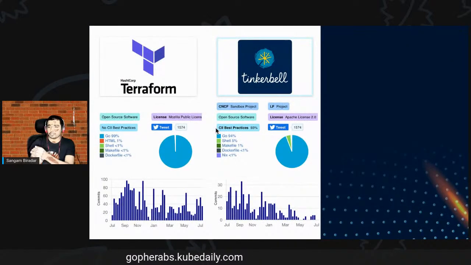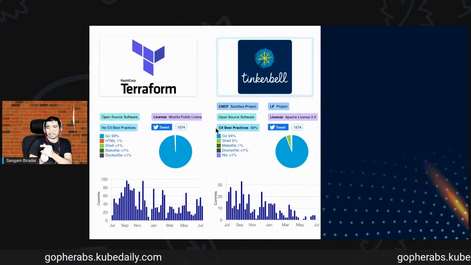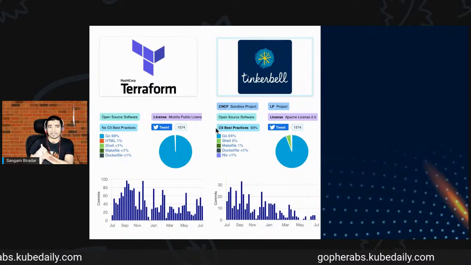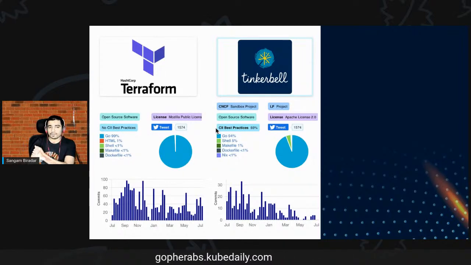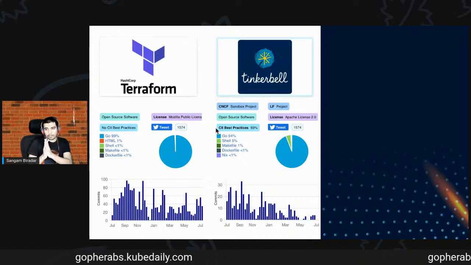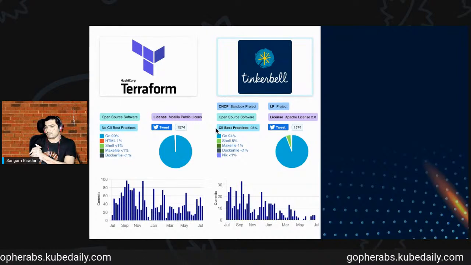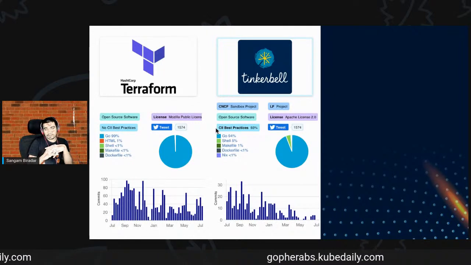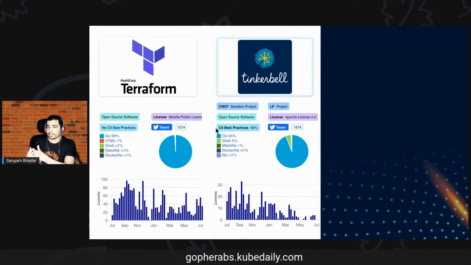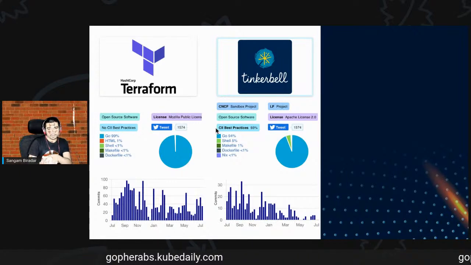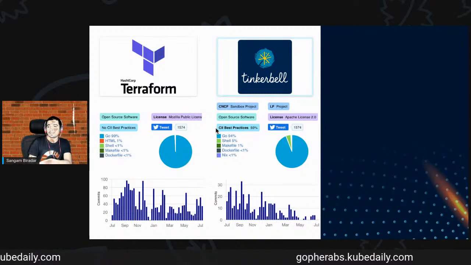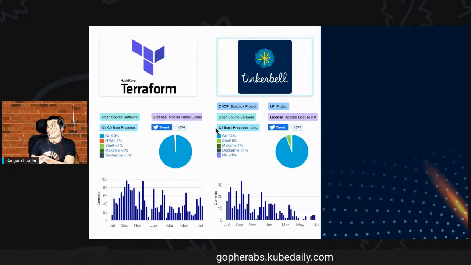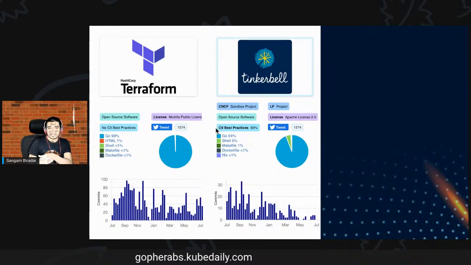And two other great projects, Tinkerbell and Terraform. Terraform version 1.0 has now been released. Terraform is widely adopted across the industry, and it has become one of the de facto standards for infrastructure as code. You can write your whole infrastructure in code and deploy it, maybe on AWS or on-prem, GCP, or anything.